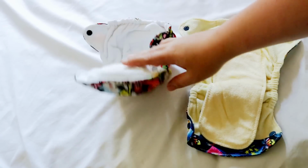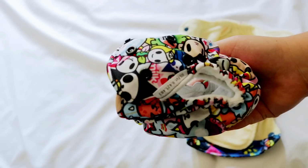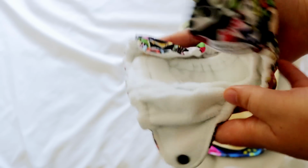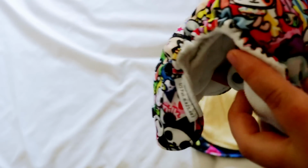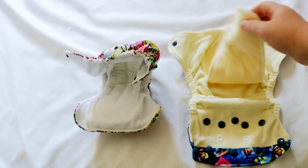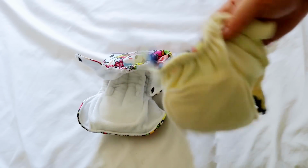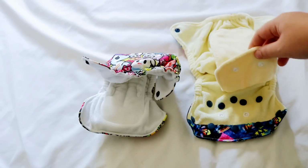The Lil Joey was not going to stay still. It might not even stay open. So the Lil Joey naturally holds this C shape or U shape or whatever shape you want to call it. Now, this is a hut, while this is just really floppy and pliable, and it has no shape at all. It'll shape in any way that you want it to shape. It's probably the floppiest diaper I've ever seen in my life,